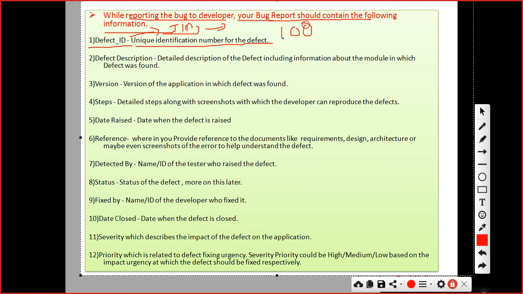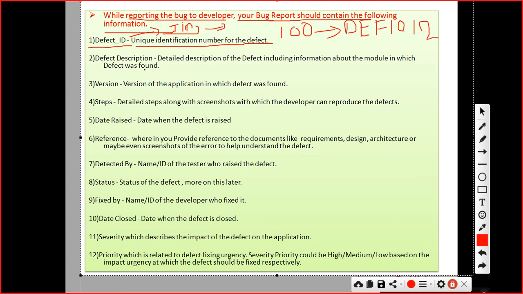How to find the specific defect? That's why this is generated by the tool only. So you have raised the defect, and your defect id is def1012. Okay, this is generated.